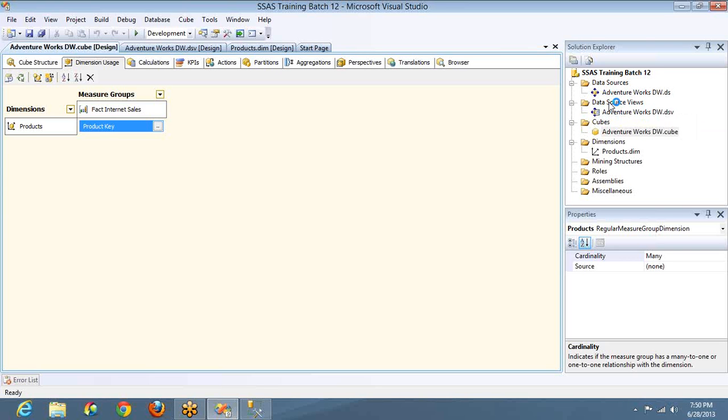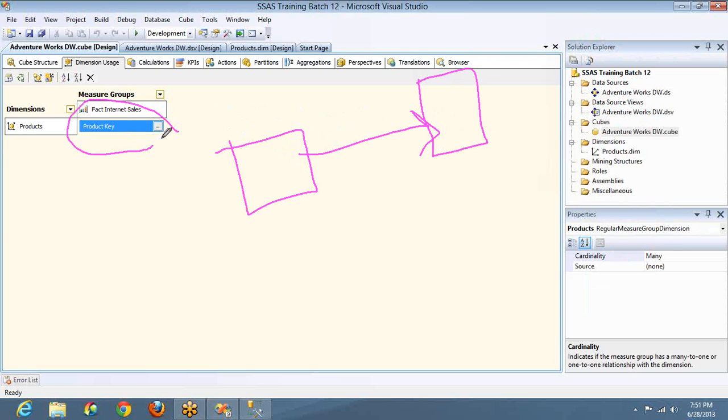Good evening, guys. In the last session, we discussed regular relationship. Regular relationship is nothing but whenever there is a straight direct relationship between the master table and the transaction table in SQL Server. In other words, we can say it is foreign key related. Let's say this is your master table in the database and this is your transaction table, and if it has a direct relationship using a foreign key constraint, then we use the regular relationship type in